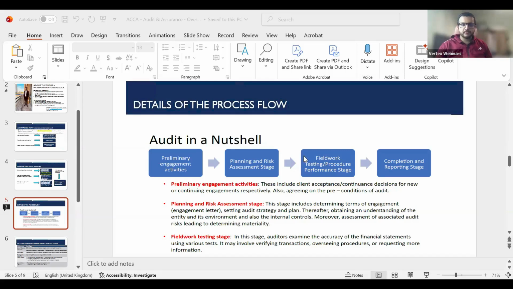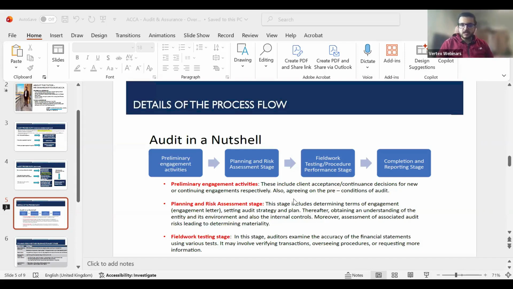So in this stage, the fieldwork testing stage, you have done all the due diligence. You have done your homework, you have done your research. Now it's game time. Now it's the time when you